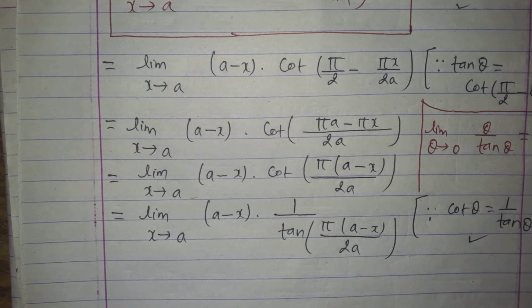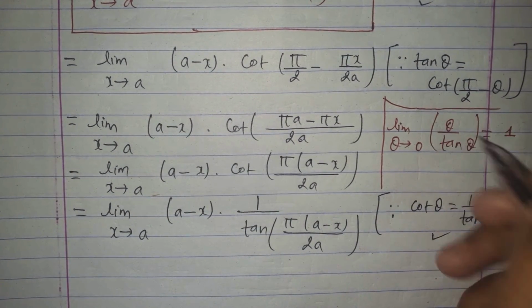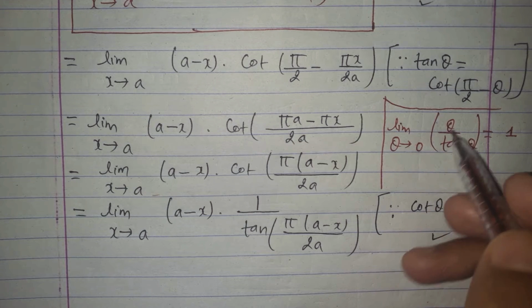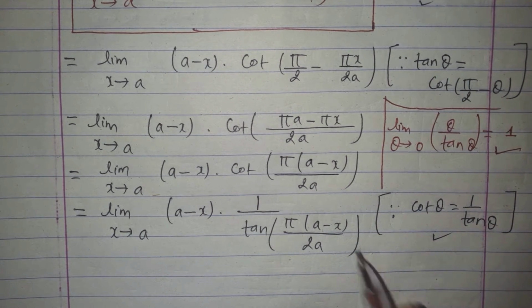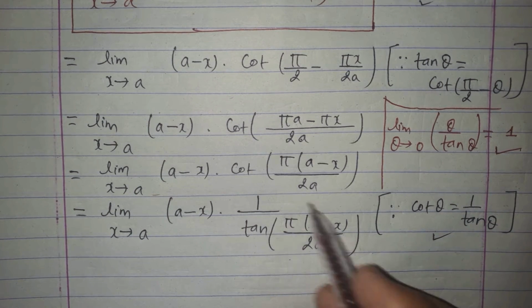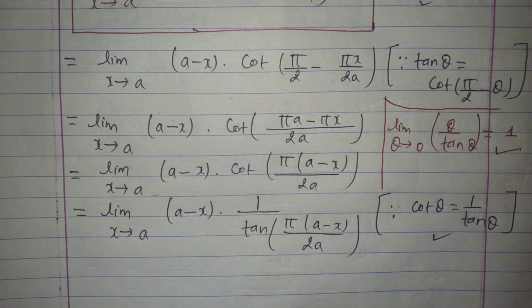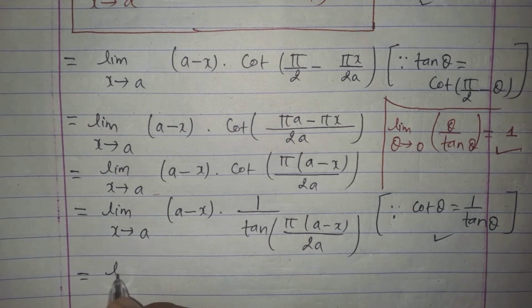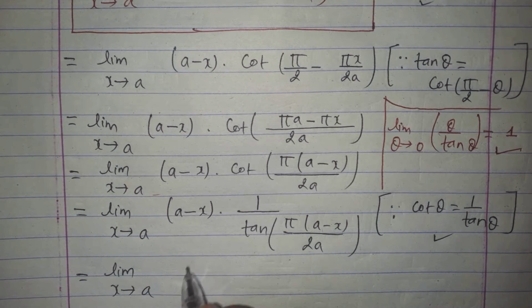Please remember, memorize this very important result. Limit theta tends to 0, theta over tan theta always gives result 1. I am going to make our expression in the form of this expression, and this can be further simplified as limit x approaches to a, here a minus x,